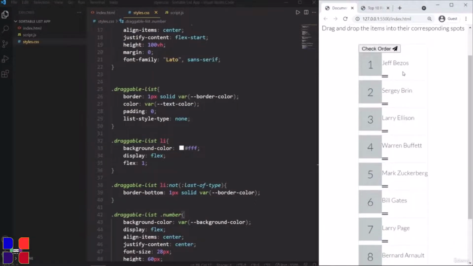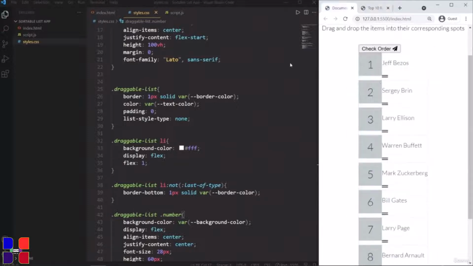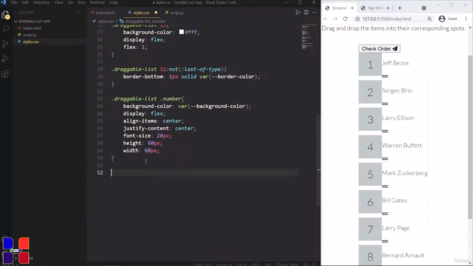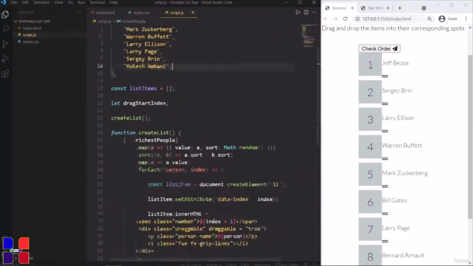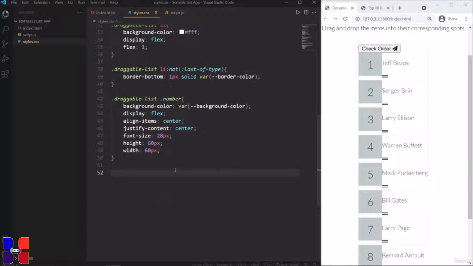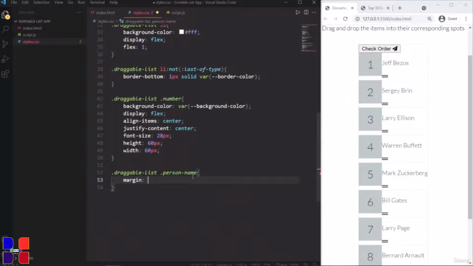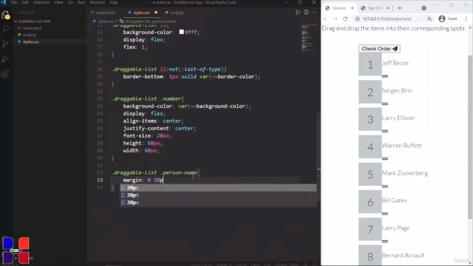Now let's start giving the margins to this name here so that it appears like this. It has a space before this numbering here. So let's work on that. So this name has a class of person's name here, as you can see. So let's select that draggable list dot person name, and now let's set the margin to margin 0, 20 pixels,